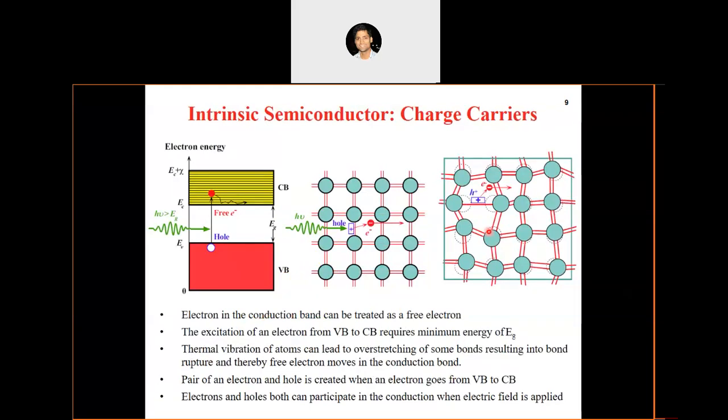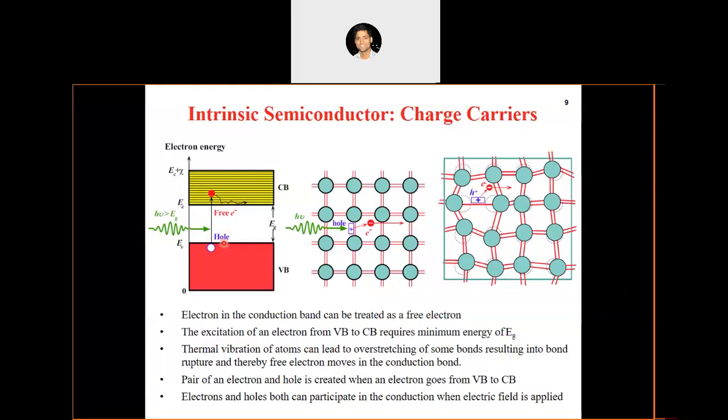So, intrinsic semiconductor. An intrinsic semiconductor is one with all the electrons and holes which are there, without the presence of any impurities. Because if we introduce certain forms of defects or impurities, we can introduce electrons and holes also. But intrinsic semiconductor means that there are no impurities in the semiconductor. All the electrons and holes which are generated are without the presence of any impurity.